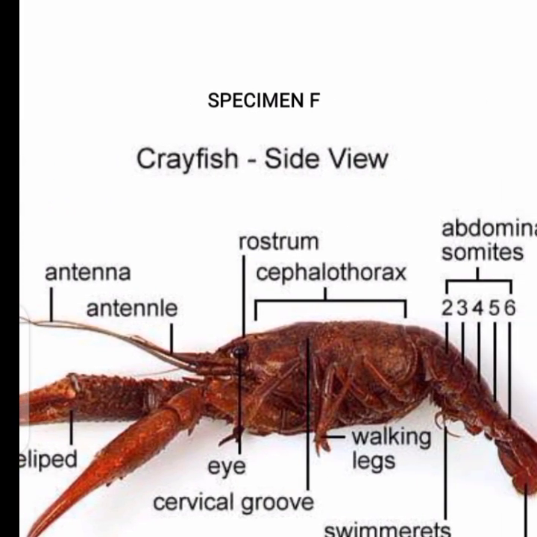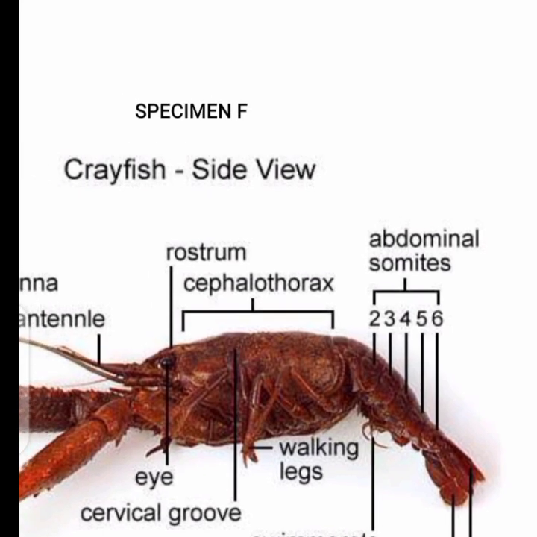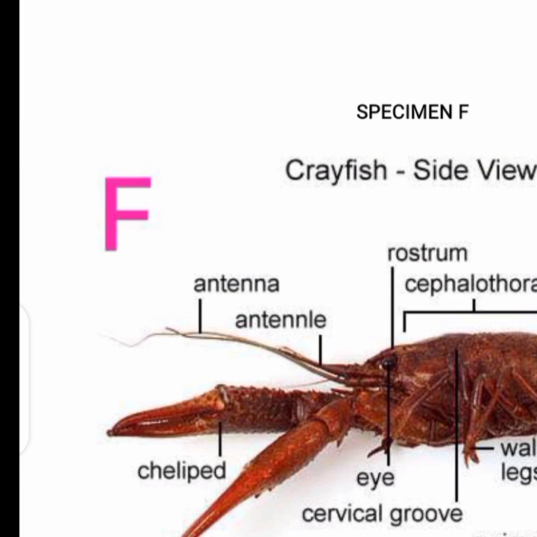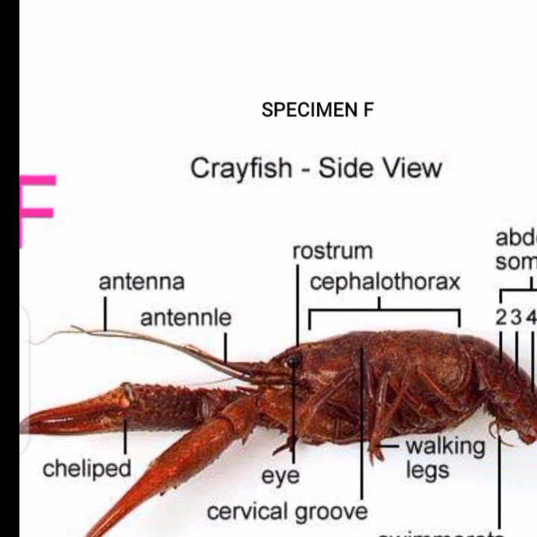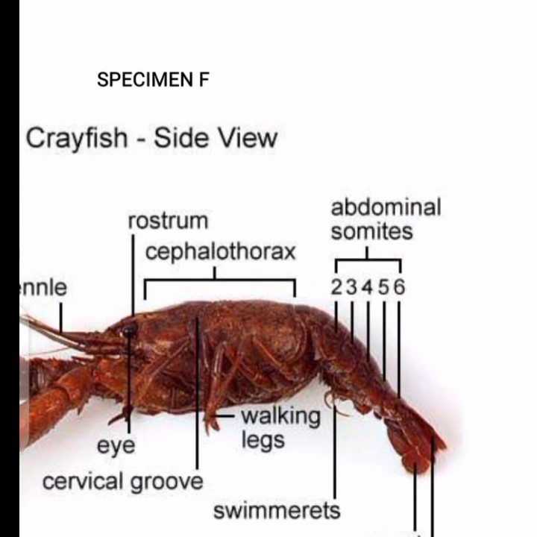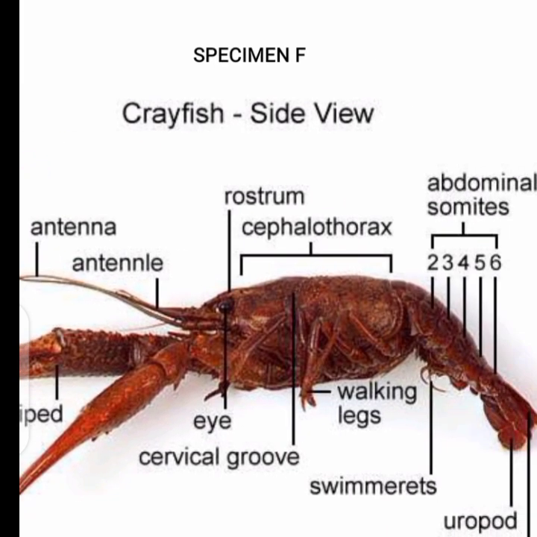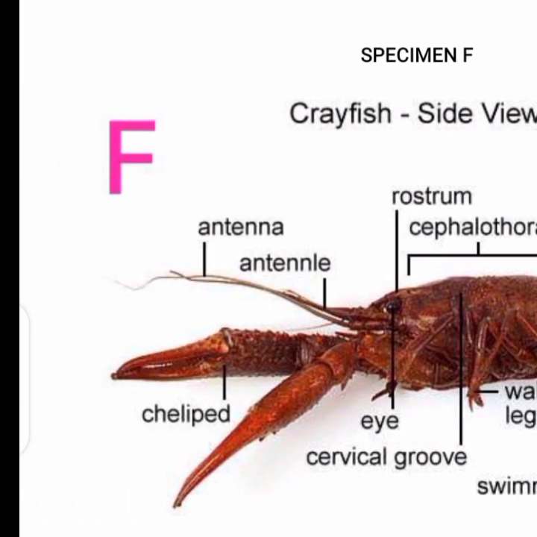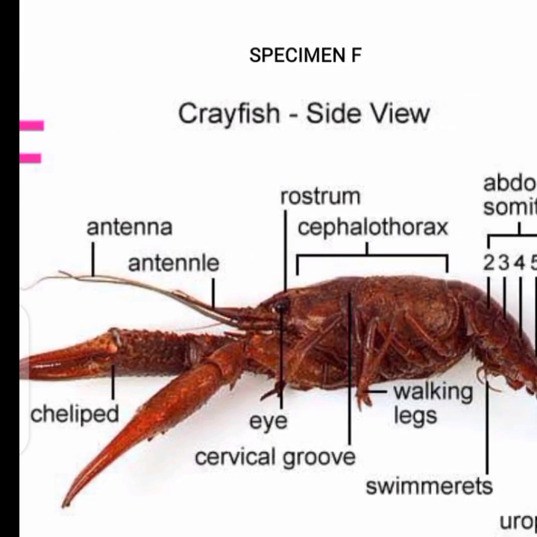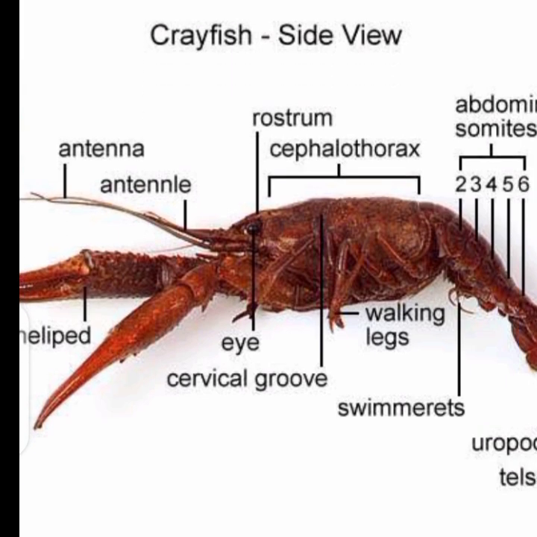You see they have the cephalothorax, the uropod and telson, and every other part of the body, including the antenna. The antenna, in all these organisms, is majorly for receiving signals, since they don't have ears to get messages, just like advanced organisms. So let's look at it. The body of the crayfish is hard on the outside, which means it makes use of an exoskeleton. Then it has claws